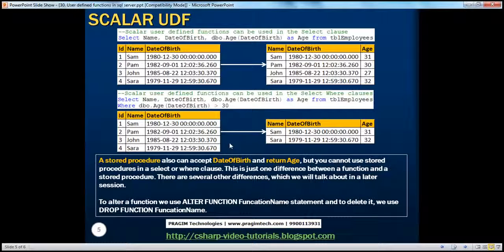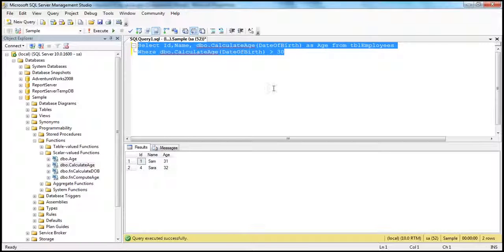Okay, now if you look back, we have also spoken about stored procedures in the past. Now whatever we have achieved using this scalar CalculateAge function, we can also achieve it using stored procedures. We can write a stored procedure which takes in, if you want, you can quickly convert